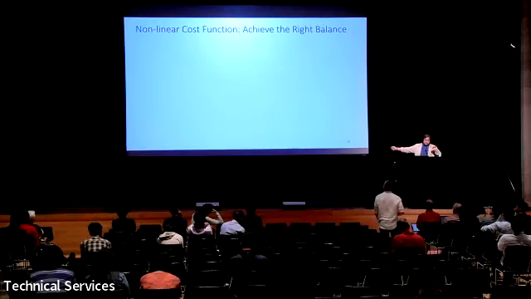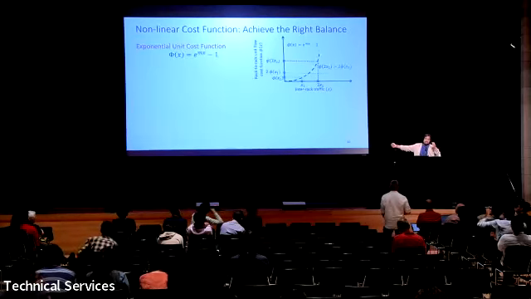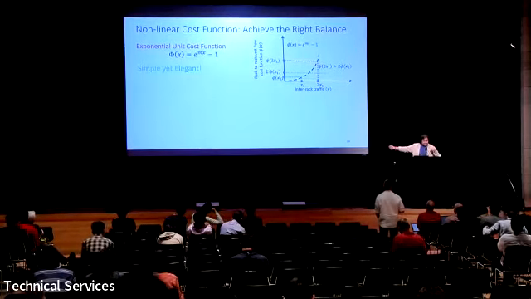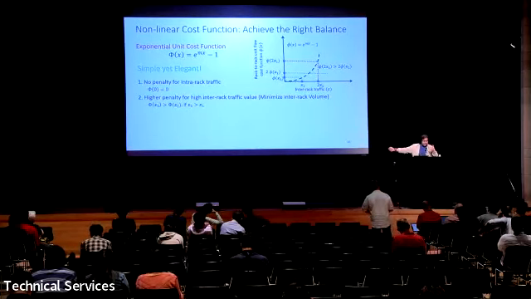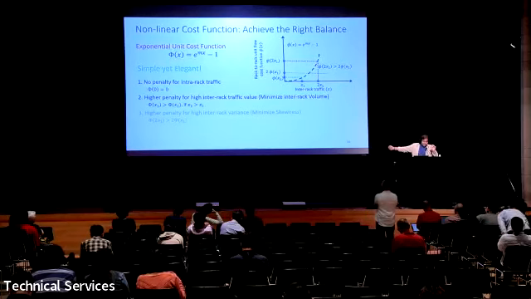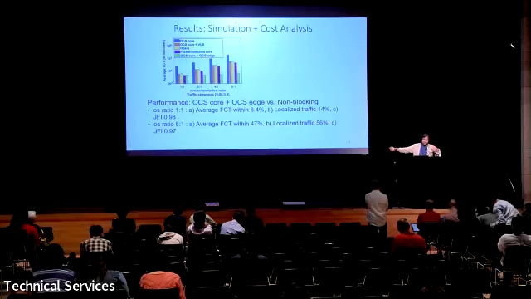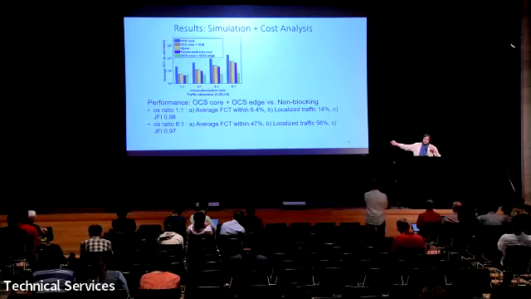So here is the idea. I would take a few more minutes. We have come up with a non-linear cost function which can achieve these things at the same time. It would not only penalize you if your indirect traffic volume is high, but at the same time, it would also penalize you if your indirect traffic variance is high. So I would quickly show you some of the outcomes based on our simulation, and we have done experiments also, and we see that we can get very close to non-blocking network performance, and it can actually balance based on your scenarios.